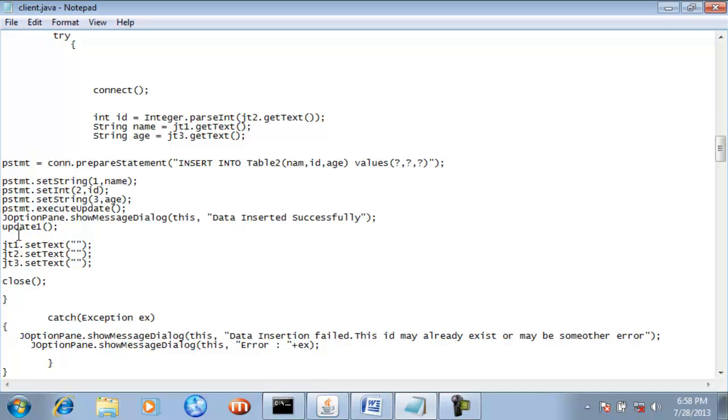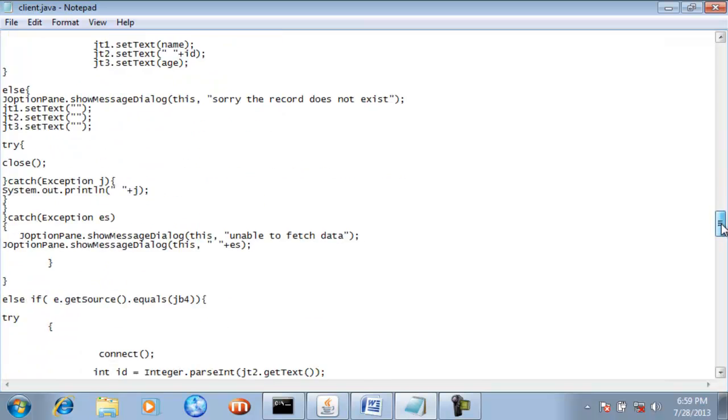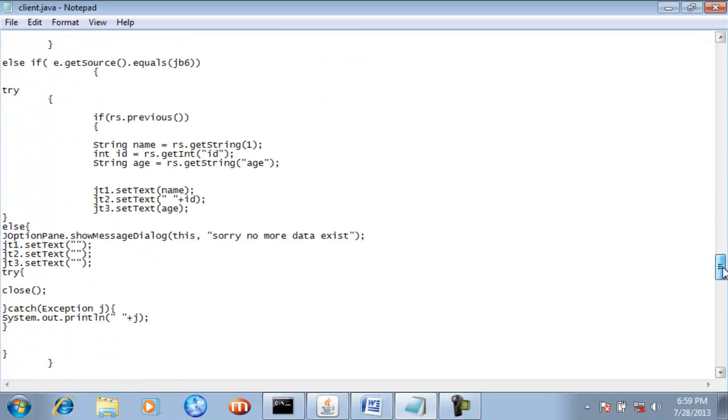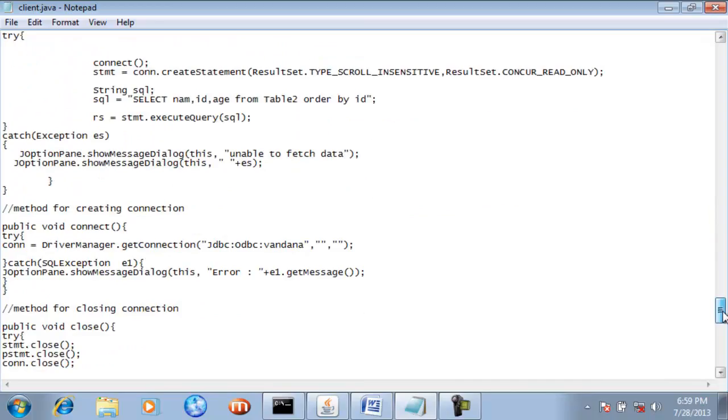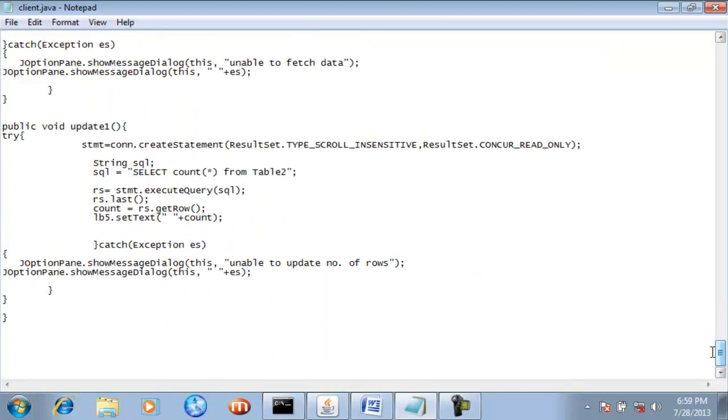And guys, again I have called a method which is named update one. So see here, whatever statement I have used inside this update one method, so here is, guys, our update one method.